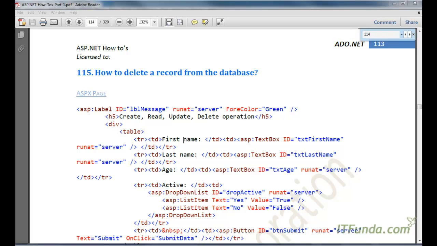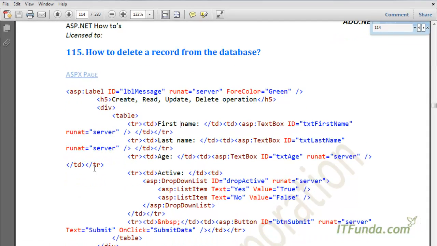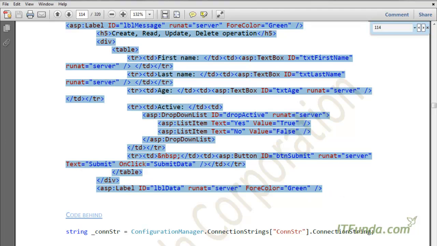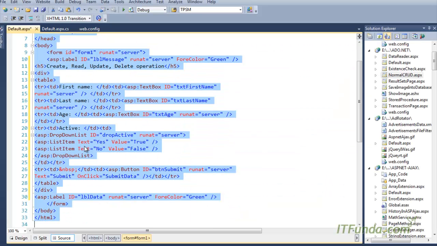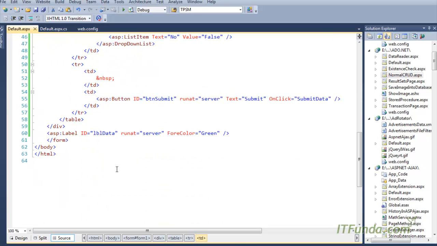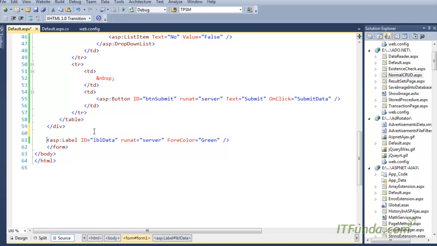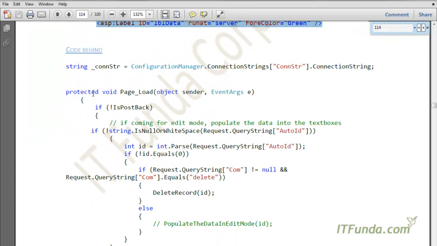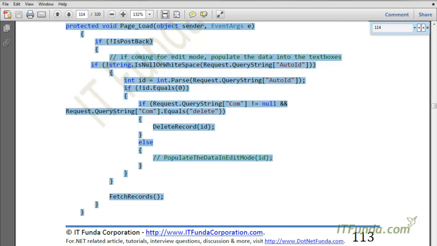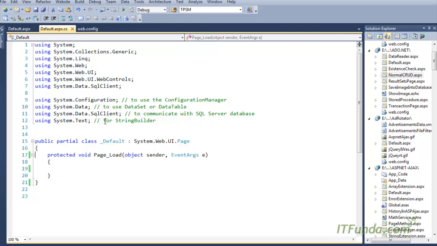In this video, let us see how to delete a record from the database. So first, let's create one form, sample form. So here is my ASPX code. In this ASPX code, actually this is not needed. The only thing that I needed is the LBL data here, and then this is my page load event of my code behind,